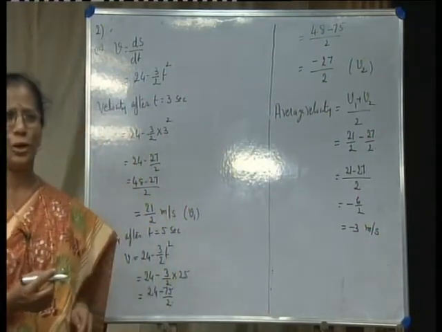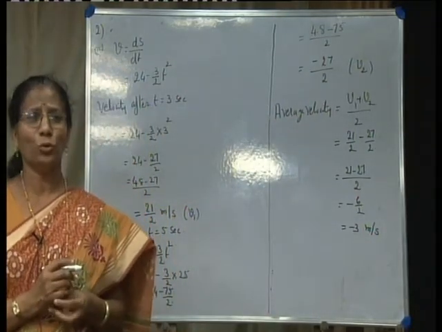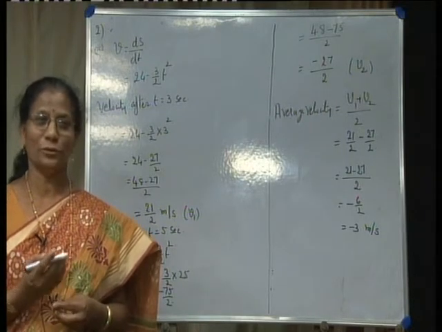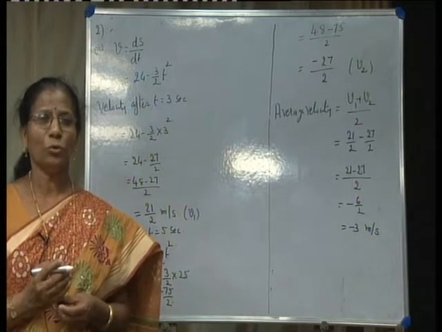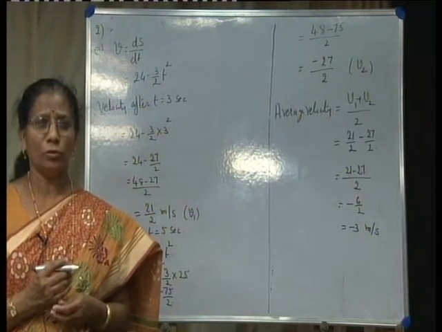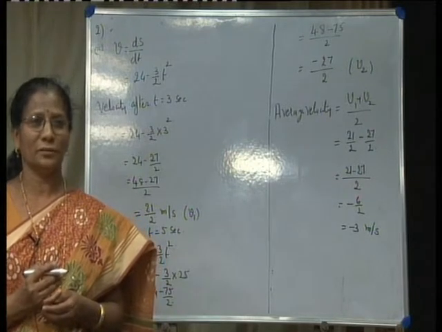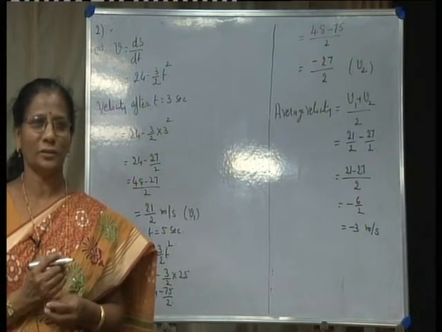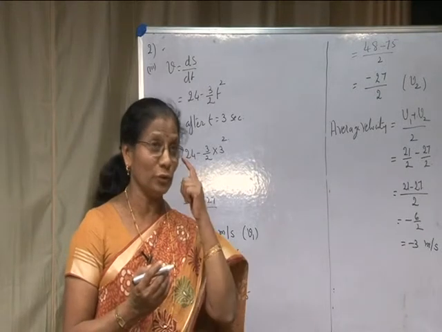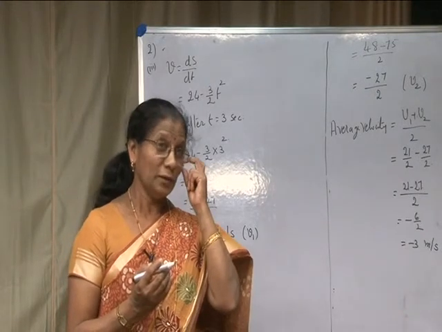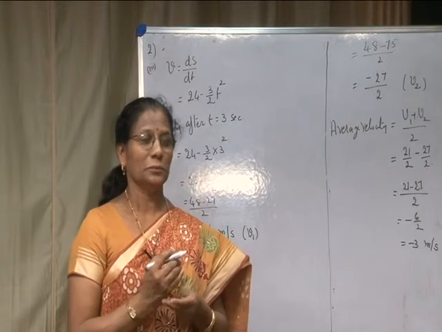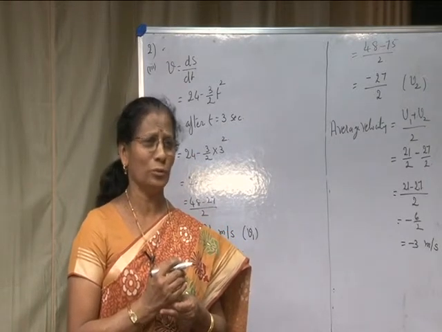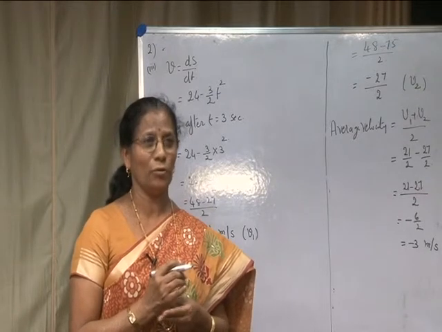So, here we have to understand, we know it very well how to find the velocity after t is equal to 3 seconds, t is equal to 4 seconds, t is equal to 2 seconds. We have to find the average velocity between 3 seconds and 5 seconds. First you find the velocity after t is equal to 3 seconds, then you find the velocity after t is equal to 5 seconds, and say v1 and v2. Find the average velocity using the formula v1 plus v2 by 2. You know it very well how to find the average.